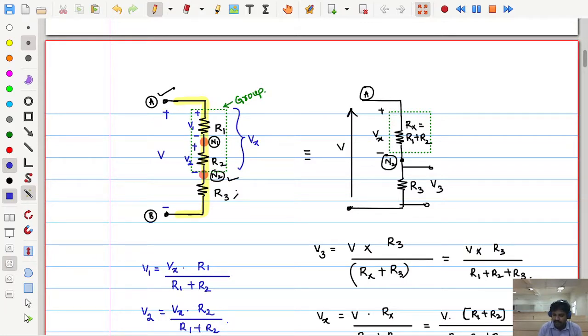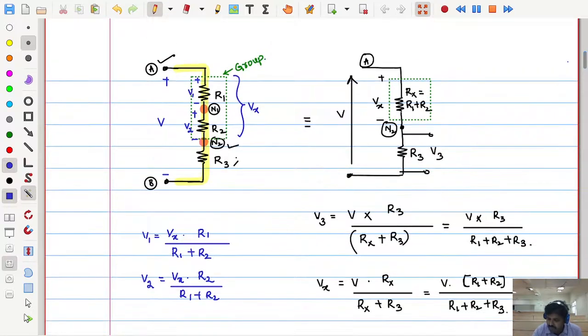As we are in the initial position, I am trying to assume this kind of grouping. Otherwise I would simply understand that these two might be together. So if I want the R3 distribution, it is the total applied voltage into this corresponding strength, that is R3 divided by the entire connected series branch across V, meaning this V is shared by all three persons, that is the sum of all three persons' strength. Simple way. Clear? Clear?